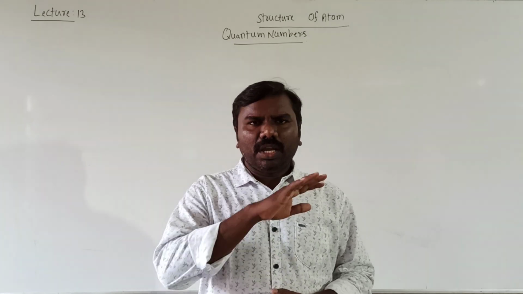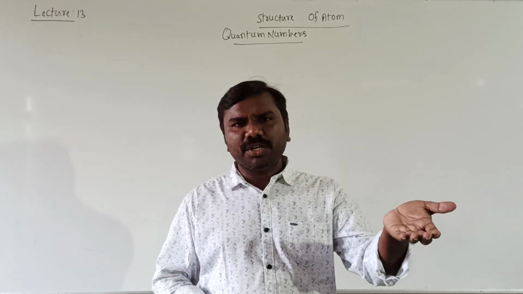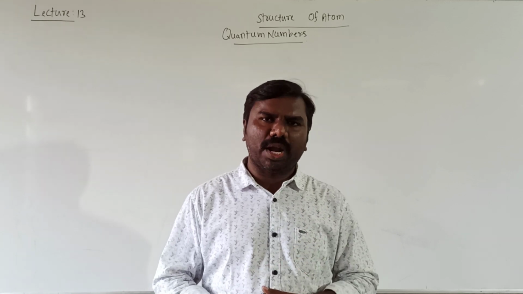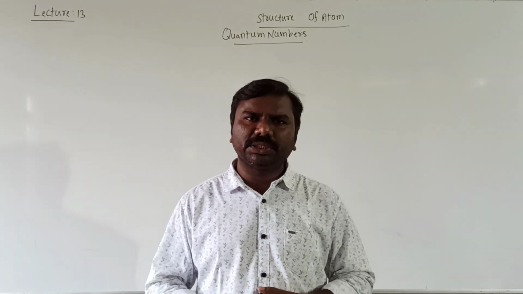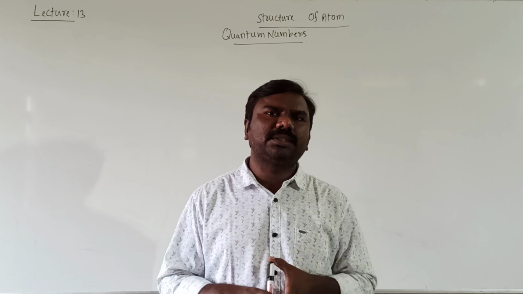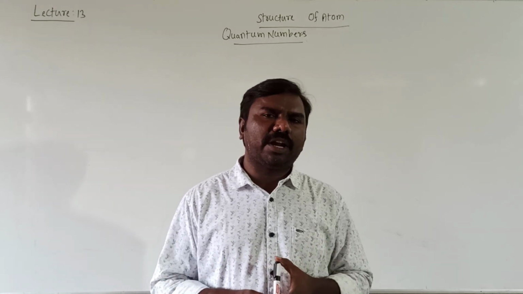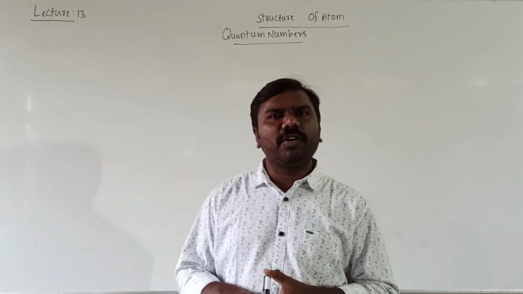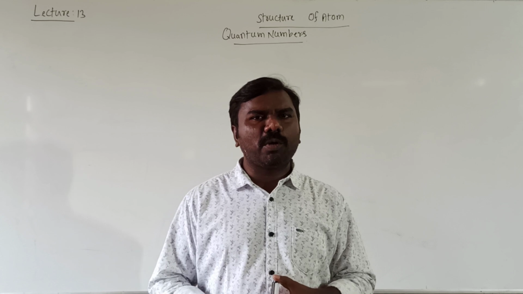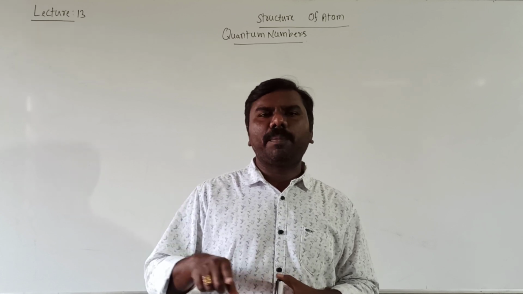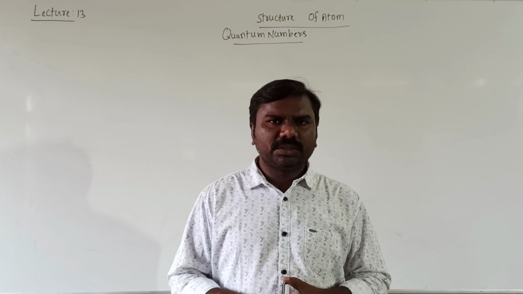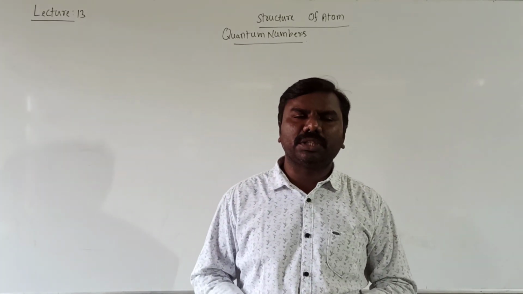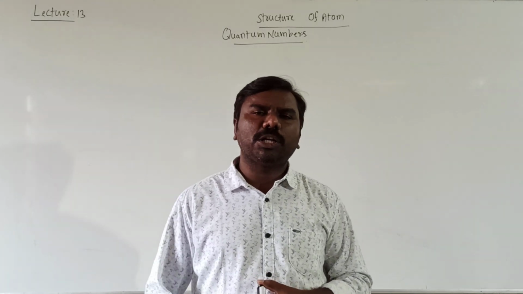It means in an atom, in which main shell the electron is present, in which subshell it is located, how many possible orientations are there, what is the size or radius of the orbit, the energy, the shape of the orbital, the orientation and the spin of a particular revolving electron. This information is given by the 4 identification numbers, which are named as quantum numbers.